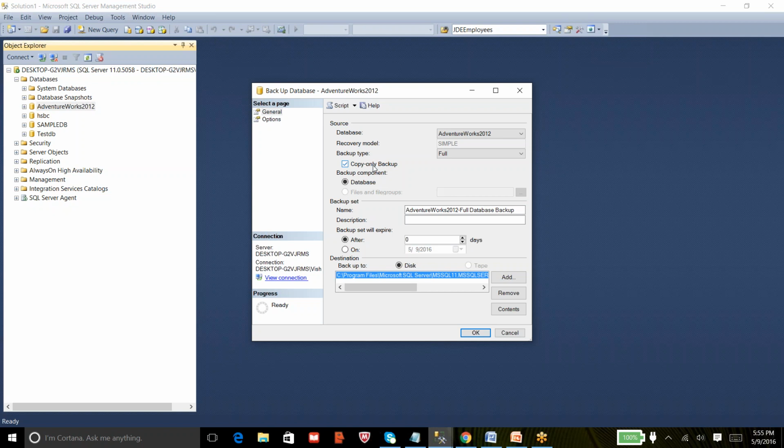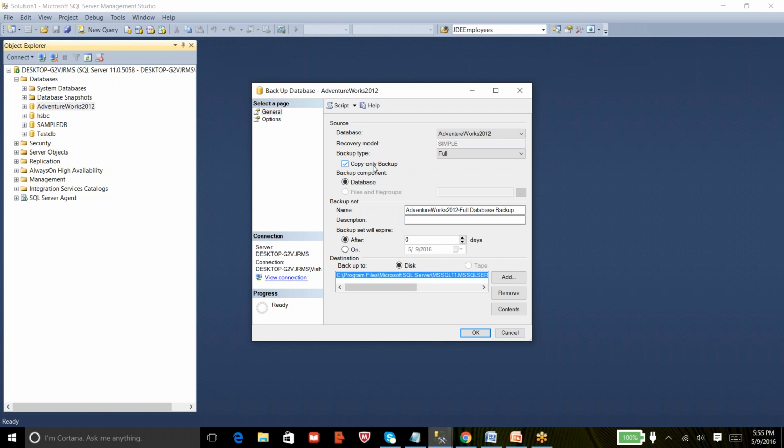On the other hand, there is a database that is involved in log shipping. How do I take a full backup of the database without disturbing the log shipping? The answer is very simple: using the copy only option.